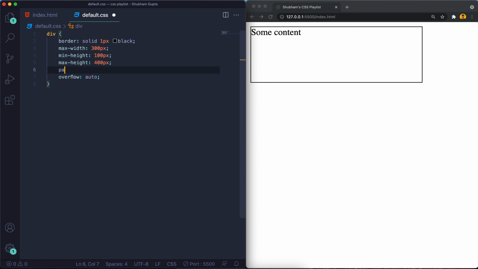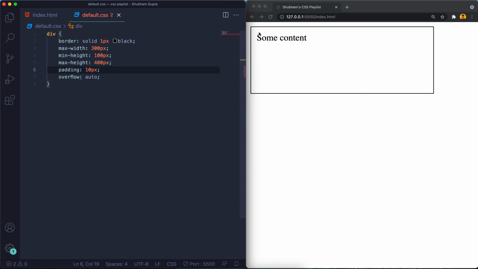So we can give padding of 10 pixel. You can see this gap is 10 pixel, and this gap is called padding. From the border to the inner world is called padding, and from this border to the outer world is called margin.